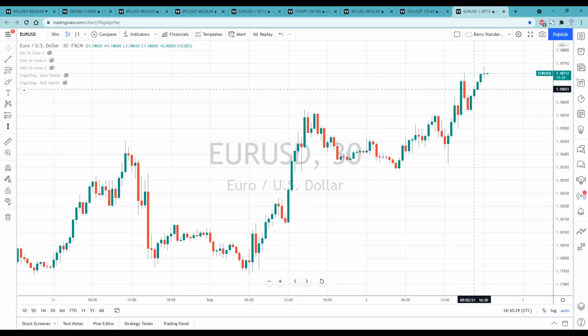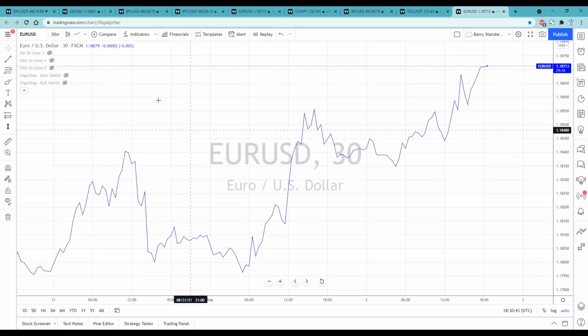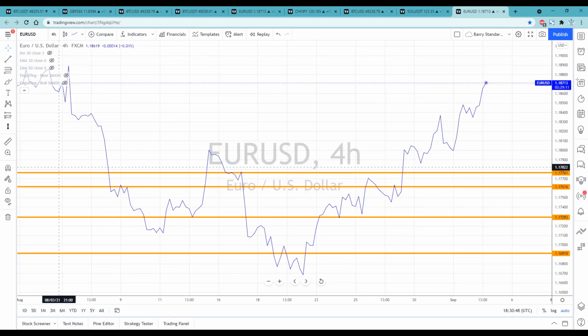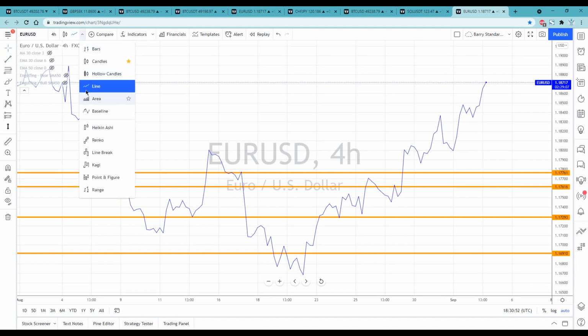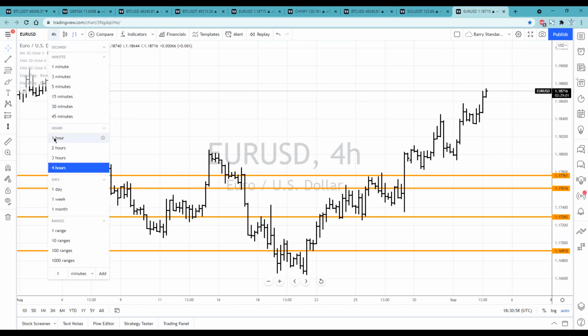Okay. You can look at it, but you get a better understanding of what the asset is doing by using time frames. And whether you're trading on a bar chart, a candlestick chart, or looking at a line chart, the same holds true. Here's the line chart in a 30-minute, and here's the line chart in a 4 hour. Okay, if we look at the bar chart, four hour, 1 hour.